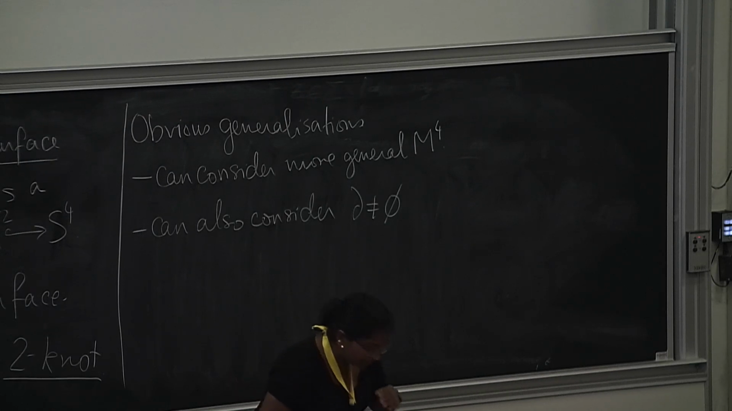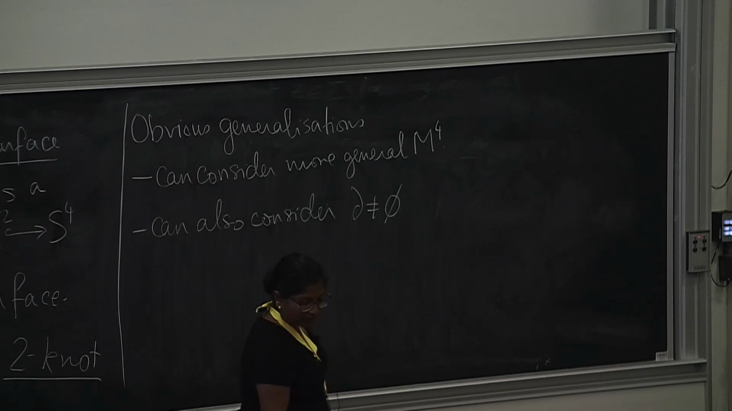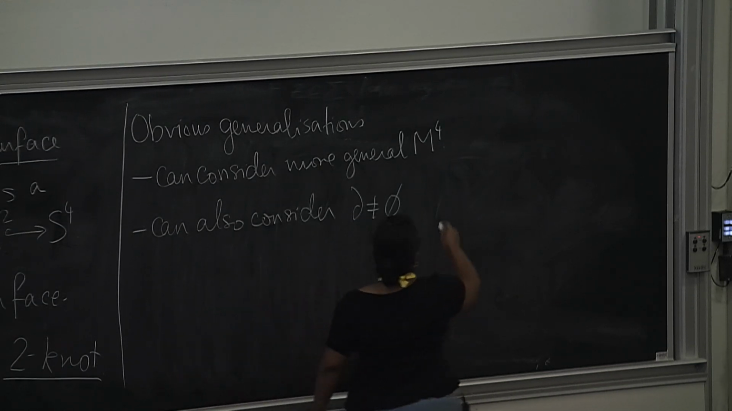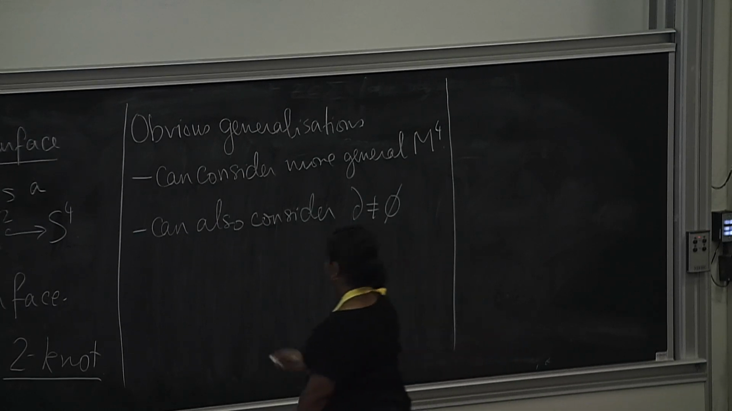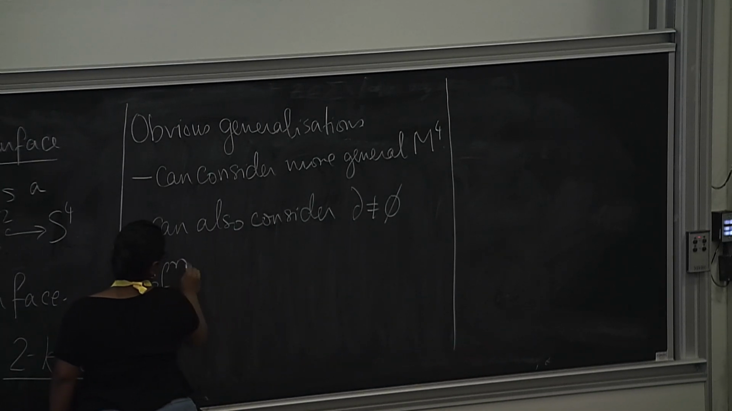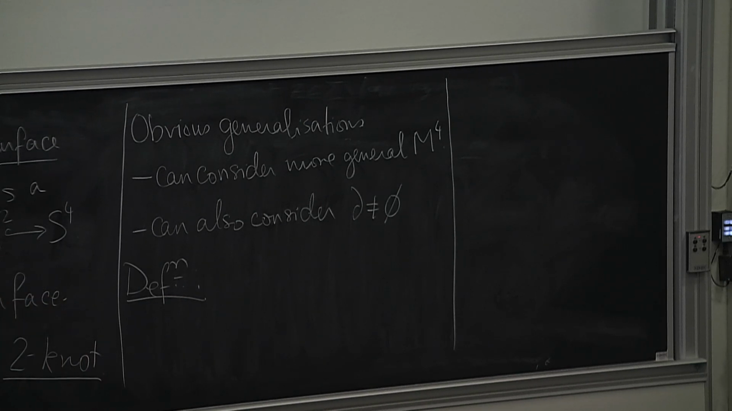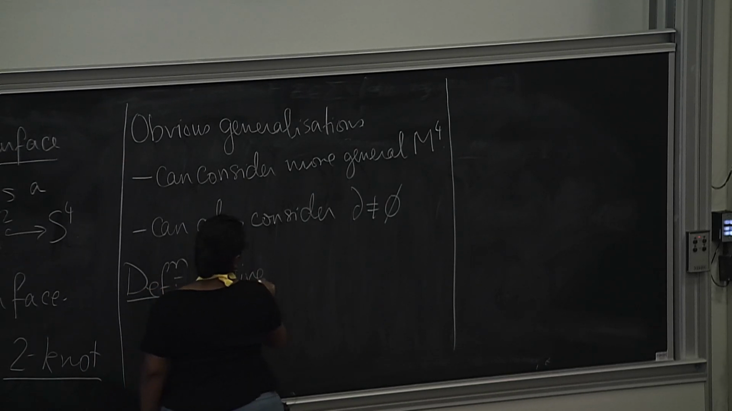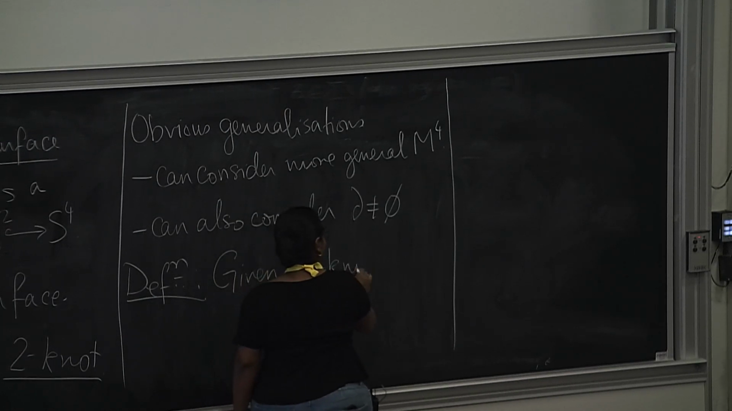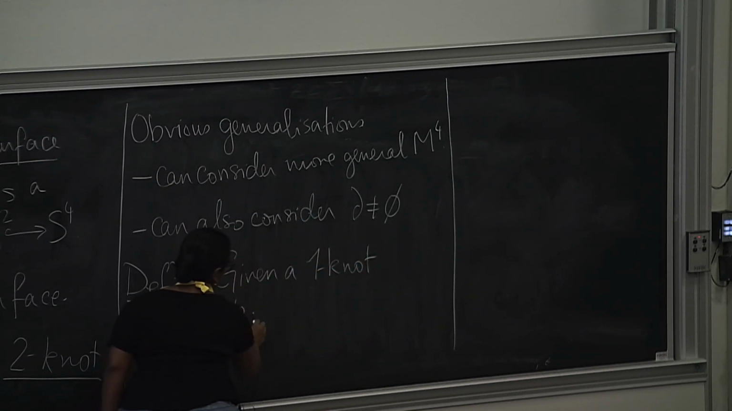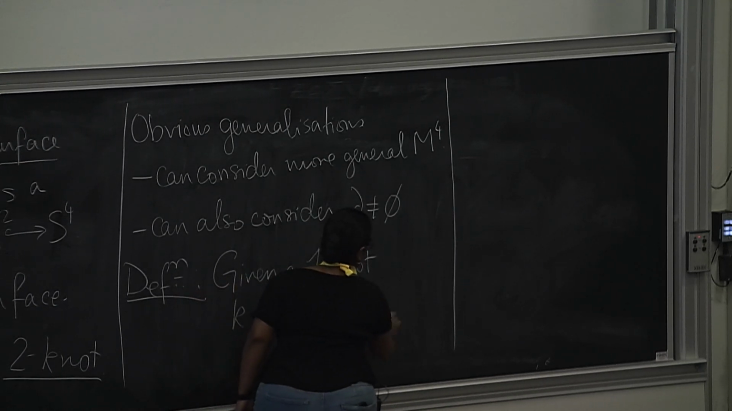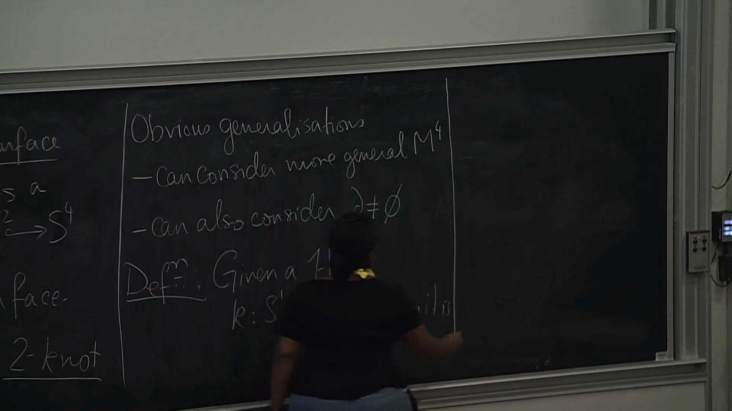And here I want to give you another definition of something we'll see very often. So let me do this here. This definition is going to bring together both surfaces in four manifolds and knots inside of S3. Given a knot in S3, given a 1 knot, little k from S1 to S3, we say it is smoothly sliced,